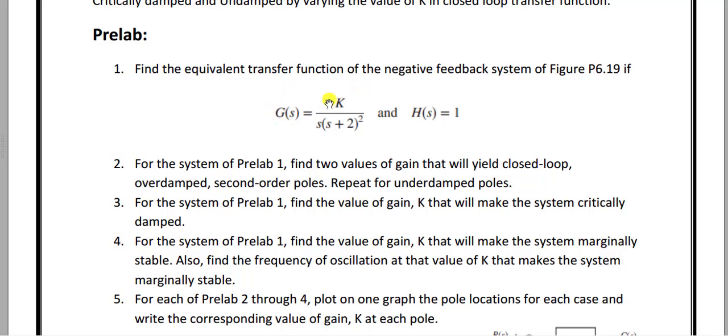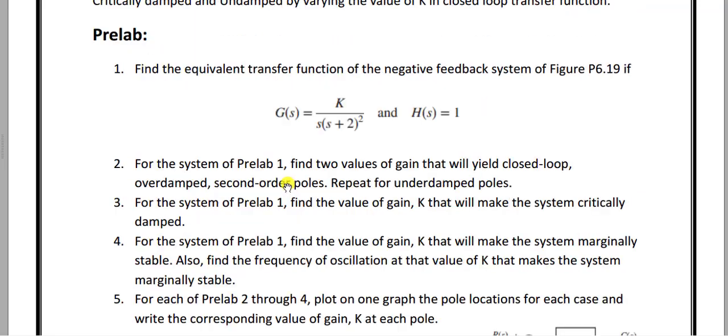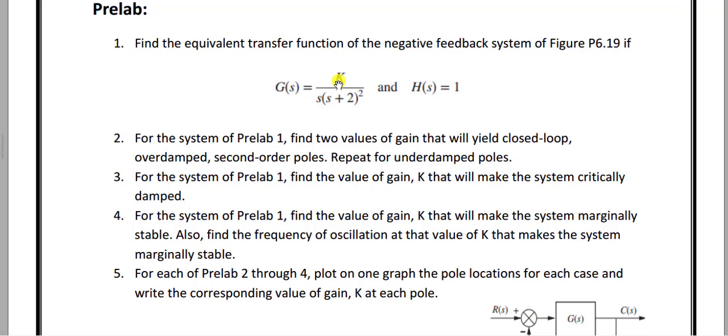Here's the G(s) system that is given to us, and you need to plot the step response of the negative feedback system at each value of gain. The values that you need to put into this formula are the values that you will have from the Routh-Hurwitz stability criteria. The range of K you will find from there, and then you will put in each value with a step size that you can select to be 1 or 0.1.